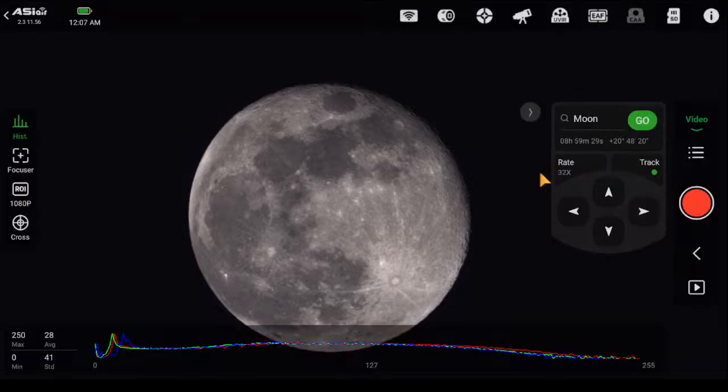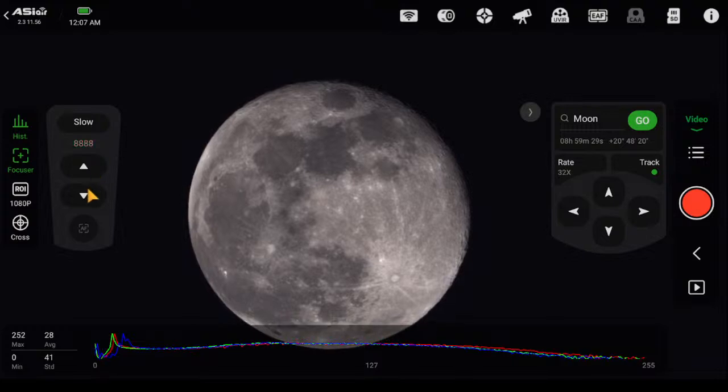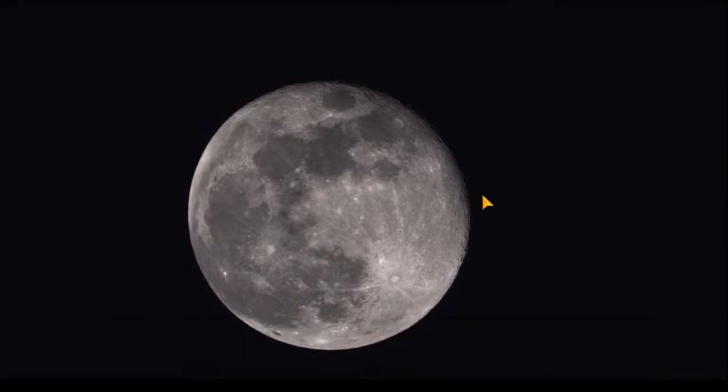We're able to adjust focus a little bit. It looks really good. So we can do some deep sky stuff, though, with this setup tonight. You guys want to go on a trip through the cosmos? I think we should go on a trip through the cosmos. What's a good object? Let me see the night sky right now.